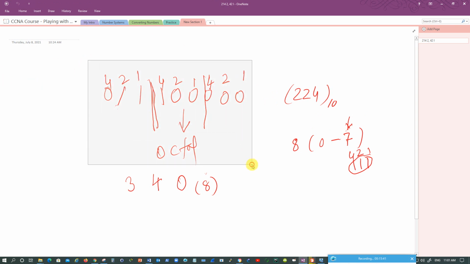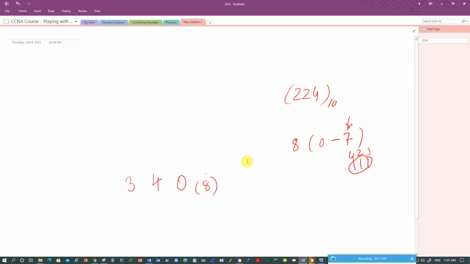Now we'll go for hexadecimal and see what we'll get there. The digits that we had for 224 were 111 and 5 zeros. Because I am converting now to hexadecimal and I know hexadecimal's highest digit is 15, and 15 can be represented using a maximum of 4 bits. Even if I take more than 4 bits, they are of no use. So this is how it is represented. All 4 ones will become 15. 1, 2, 4, 8. 8 plus 4 is 12, plus 2 is 14, plus 1 is 15.